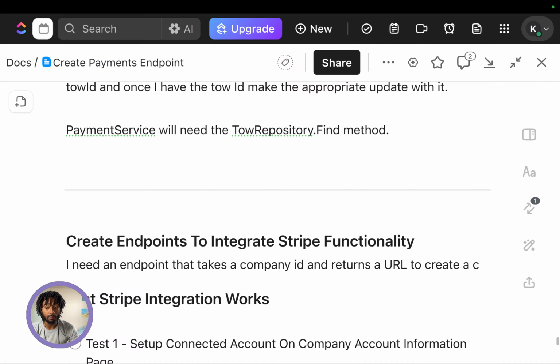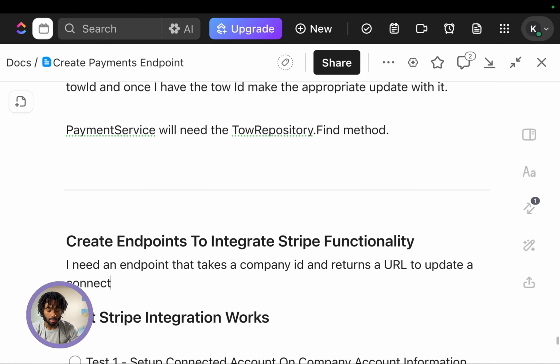It can be one to update a connected account. From the UI standpoint, I don't need to have such fine-grained methods, so I can abstract that away from them. So to create or update a connected account,